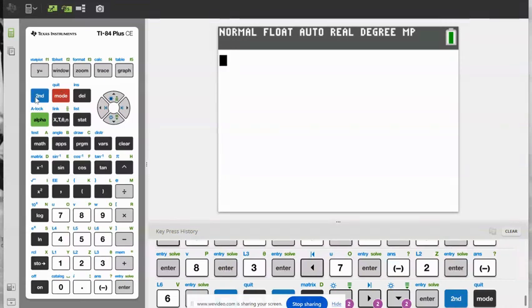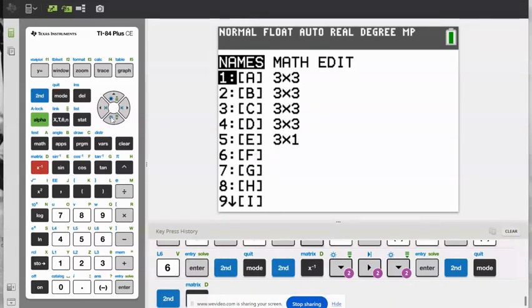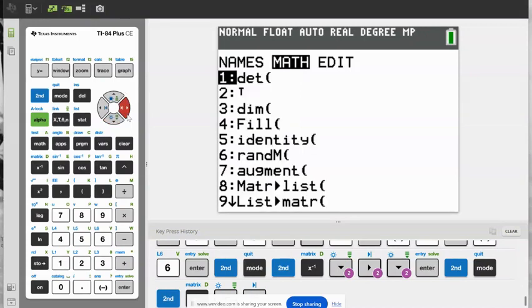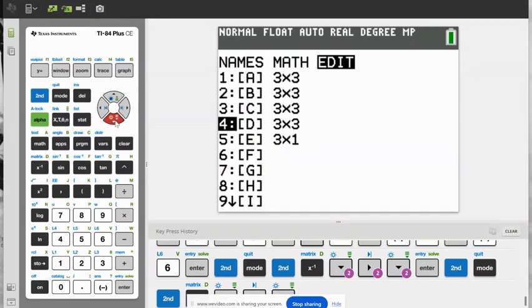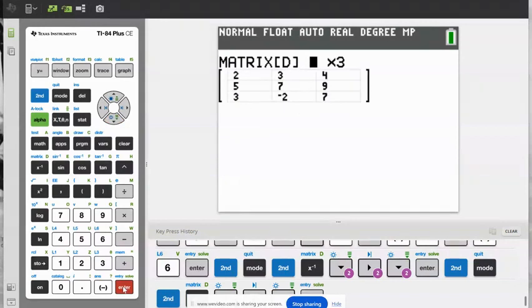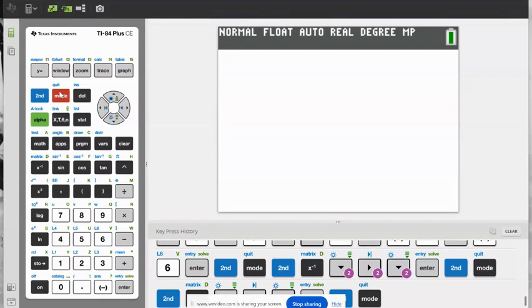Now our very last matrix that we're entering in, go all the way, edit first, and then scroll all the way down to D. I already have it, but you guys can take a minute to enter yours in. So we're going to press second quit. Save that. Okay, so now that all the matrices are entered,